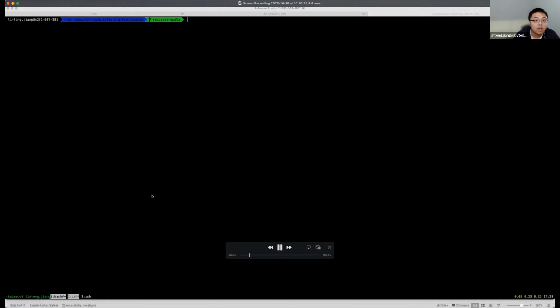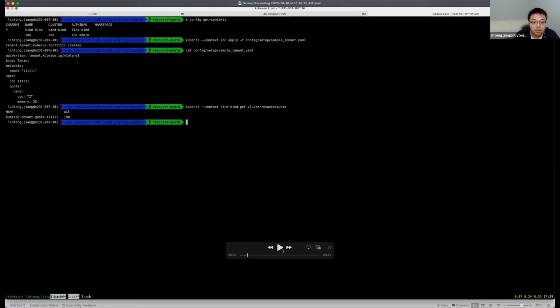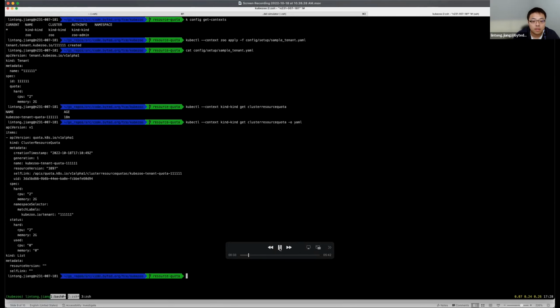We can see that 2 CPU and 2 gig of memory have been specified in the spec, and in the status, the usage is 0.